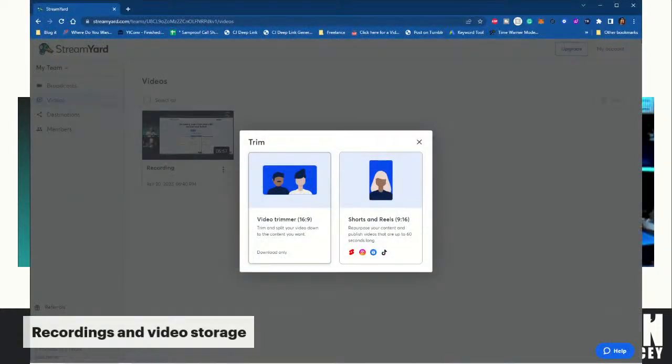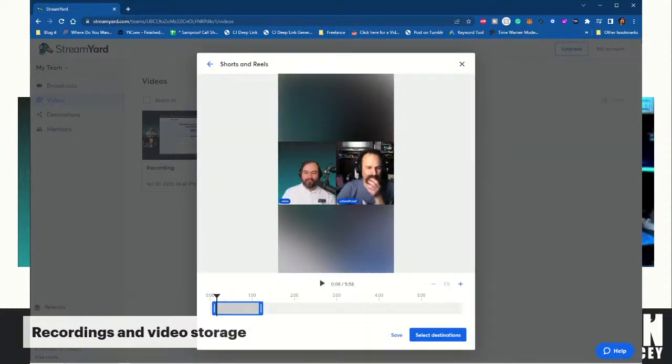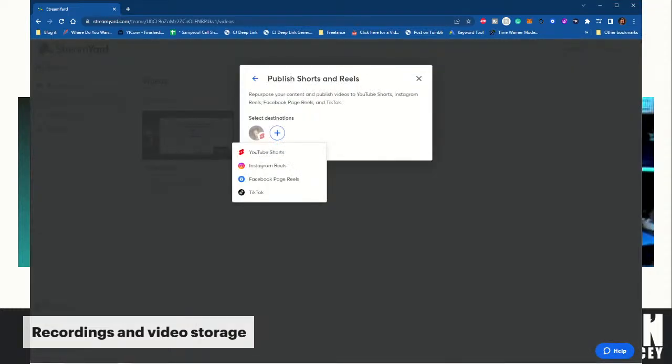The thing that sets it apart is that it does have a trimming tool. It has this feature here, which allows you to trim, and it gives you the option of a 16:9 or a 9:16. Then you go into that and pick whichever video you want, and then you can slide the timeline handles at the bottom to whatever you want. And finally, when you've got what you want, you can export it to pretty much all of the major platforms.